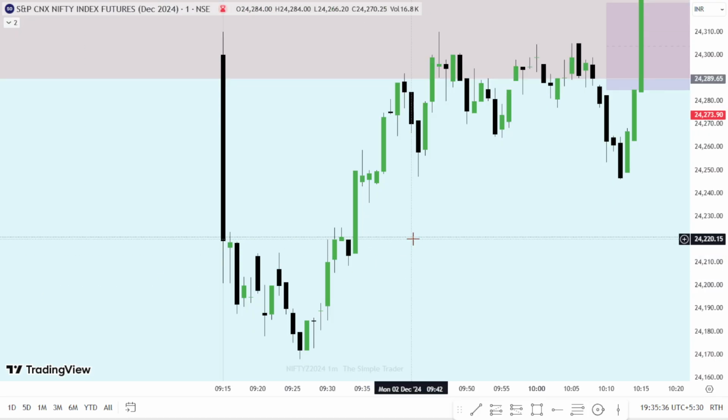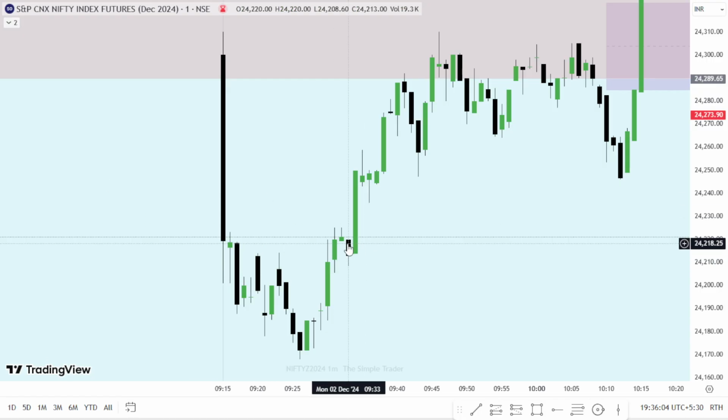So what happens here is that most often price will return to this gap and then again continue moving in the direction it was previously on. So let's understand how a proper fair value gap is formed. For a fair value gap, we will always need three candles. For a bullish fair value gap,